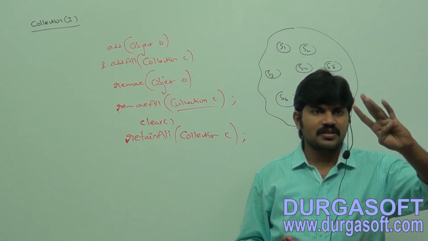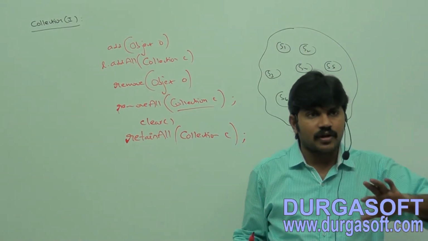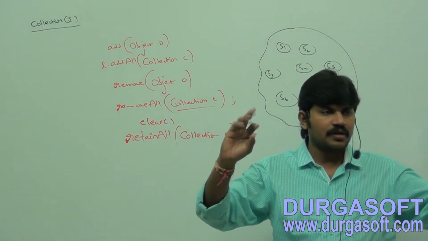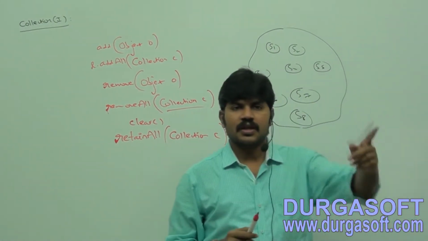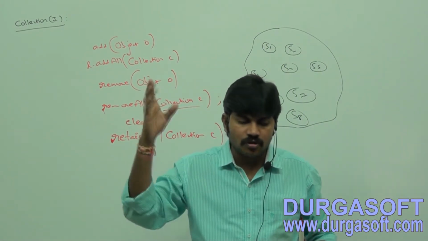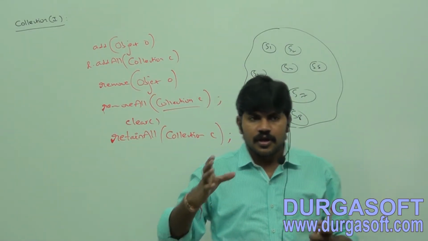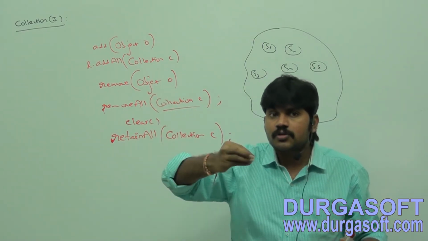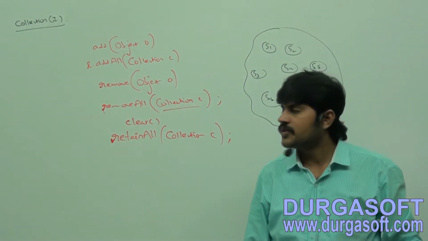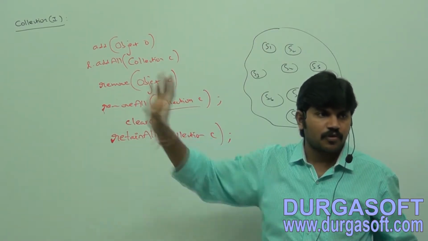There are four remove methods: normal remove, removeAll, clear, retainAll. The retainAll method is also for removal only, but except this group, all the remaining objects by default will be removed. Best example: suppose in our class there is any person named Ravi, can you please go out? Don't go really, just an example. I want to remove a particular student from this class. Then which method do we use? Remove of Ravi. Then Ravi will be removed from my collection.